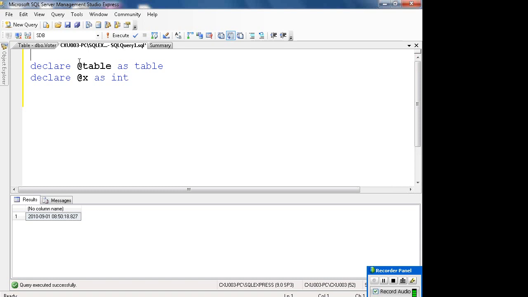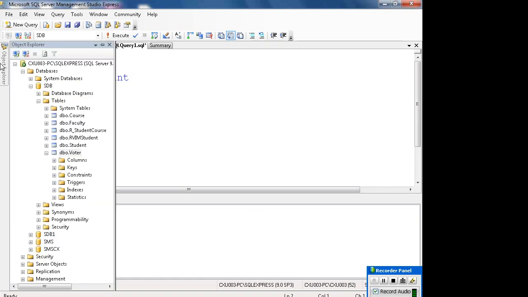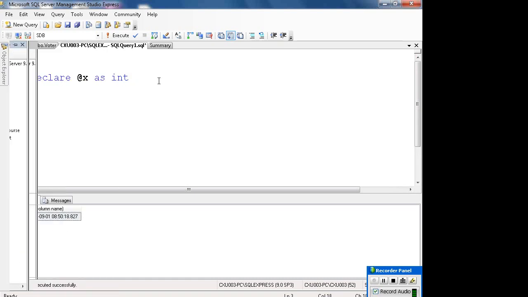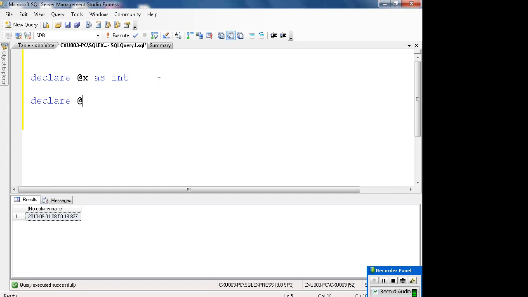This is a variable. So even this is like a variable, just a table variable which will hold some information in it. How do you declare a table? You would just say declare, table, and then you have to give the structure of the table. So you can say student ID int,